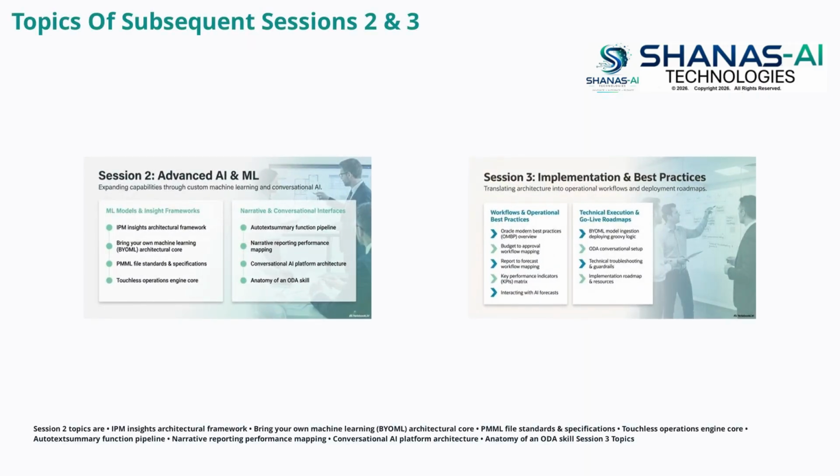Session 2 topics are EPM Insights Architectural Framework, Bring Your Own Machine Learning BYOML Architectural Core, PMML File Standards and Specifications, Touchless Operations Engine Core, Auto Text Summary Function Pipeline, Narrative Reporting Performance Mapping, Conversational AI Platform Architecture, Anatomy of an ODA Skill. Session 3 topics are Oracle Modern Best Practices OMBP Overview, Budget to Approval Workflow Mapping, Report to